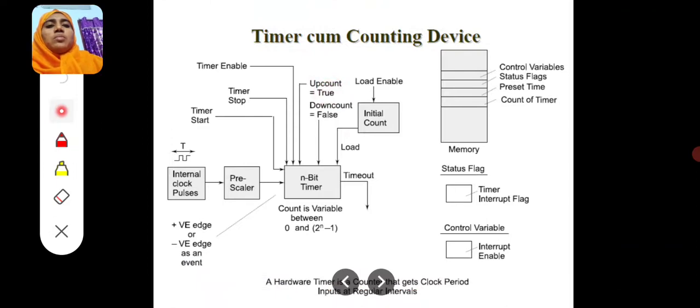If it is false, meaning 0, then it is in down count state. This is a load enable state. If we have to count 20, then we load 20, so from 0 to 20 events. Next, if it has finished, then it has timeout. So these are the timer and timer cum counting devices, the block diagram.